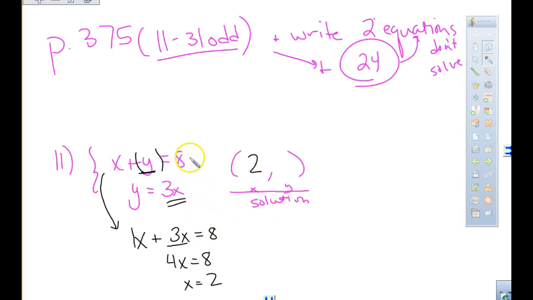Now I want to choose either the first or the second equation, it doesn't matter which one. And now you're going to plug in x is 2. Go to the second one. You're going to have y equals 3 times 2. That gives y is 6. Does that check? 2 plus 6 equals 8. It checks. I don't have to write out the check, but I can just look at that first equation and this solution of x, y, 2, 6,